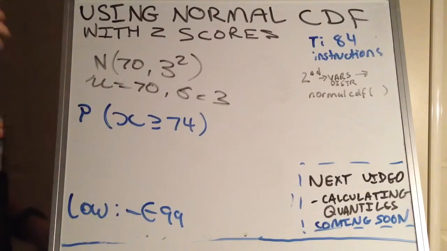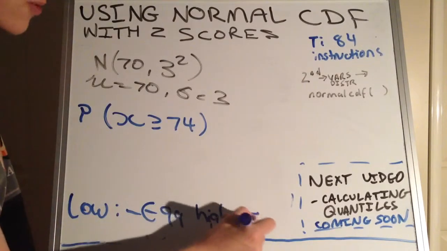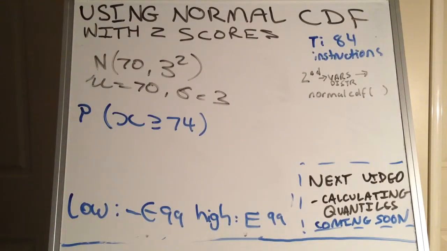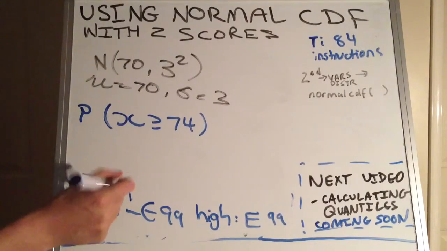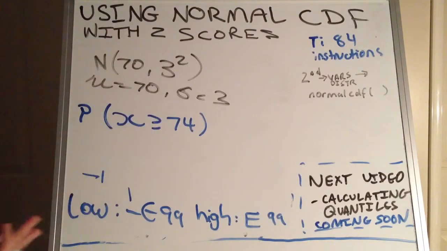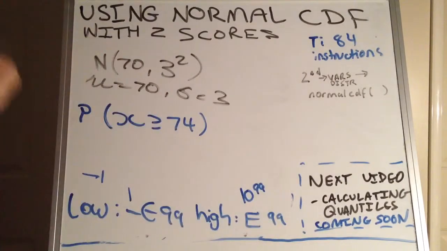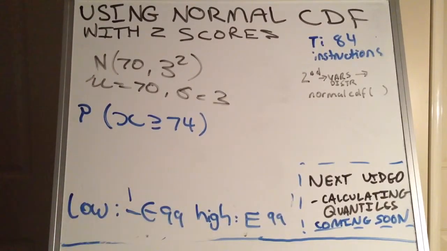Again, e is where you actually do second function comma. And the highest value that our calculator can handle is e to the power of 99. And again, think about e as being 10 to the power of. So this value here is really negative 1 times 10 to the power of 99, and this one here is actually that there. So again, for our upper, we have e99, second function, comma, 99, and then we have mu as being 70